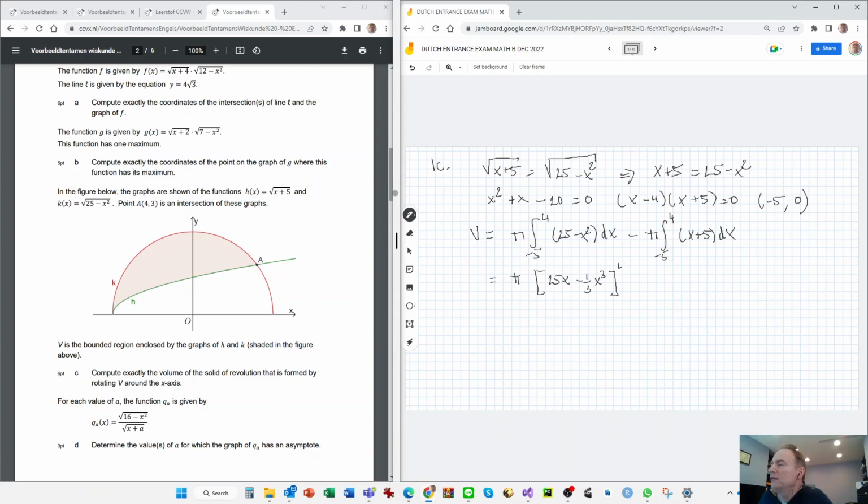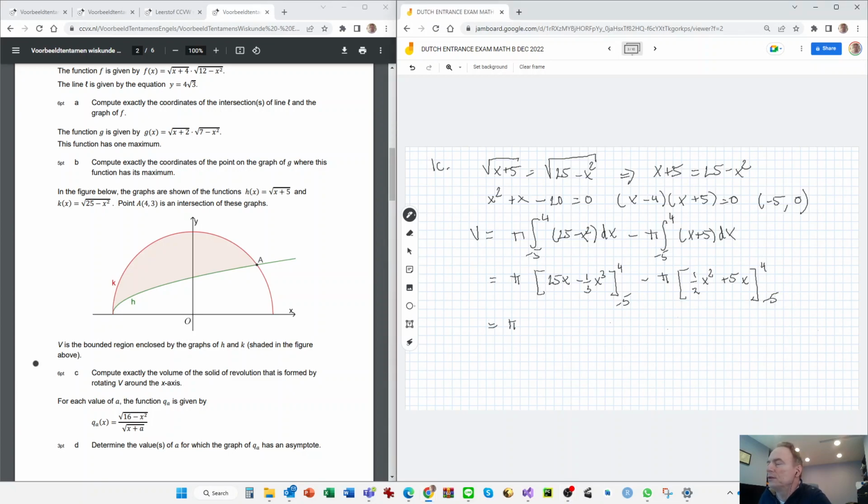I think we write it like this. And here the primitive is 1/2 x squared, the primitive of x, and the primitive of 5 is 5x. And by this bracket notation we mean it's the one evaluated at 4, which is